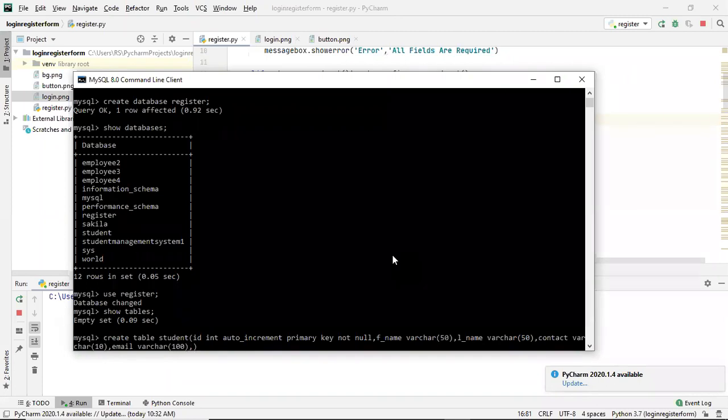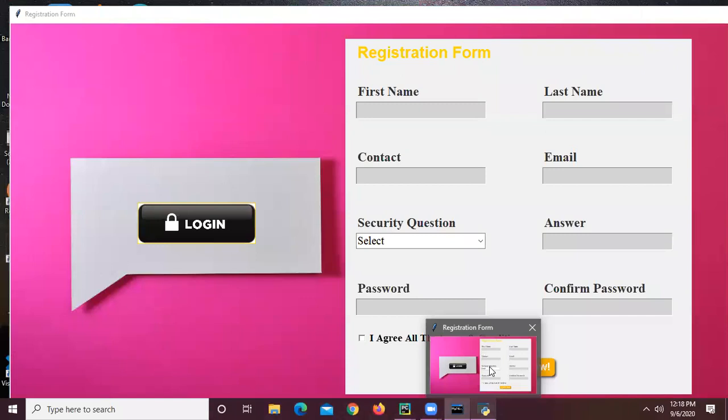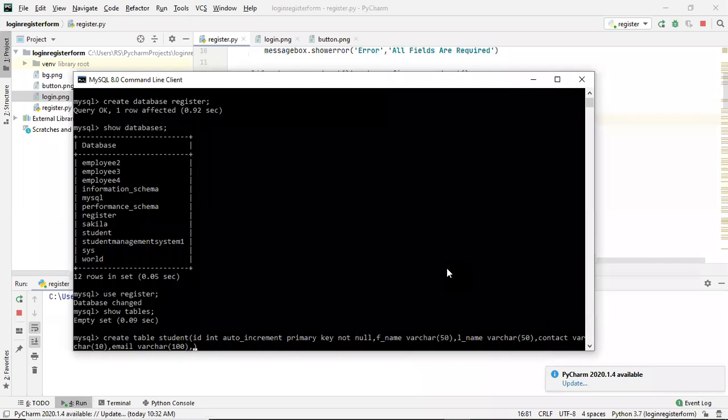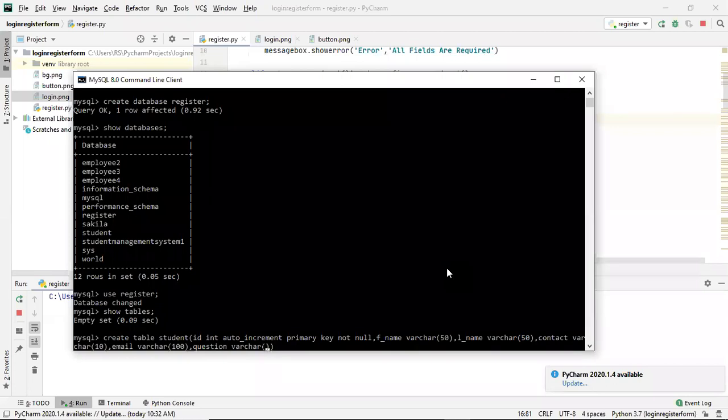And after email, what next? We have security question, then answer, and then password. So I'll write question, and this will also be a varchar, variable character, and how many characters? I'll pass 100.